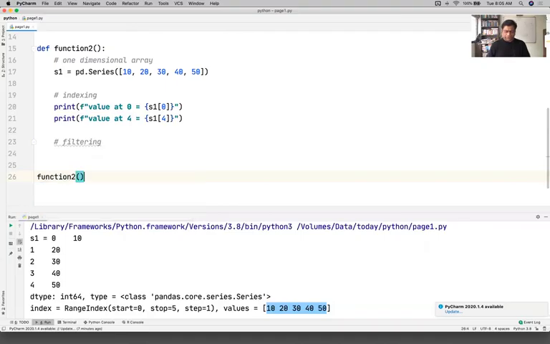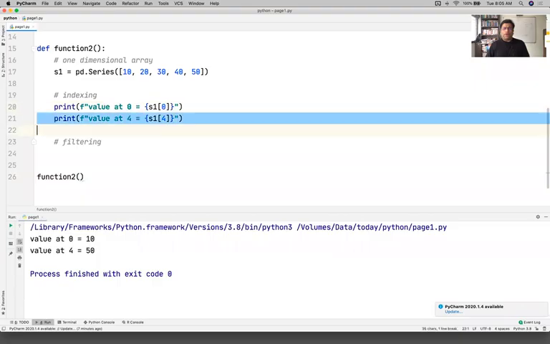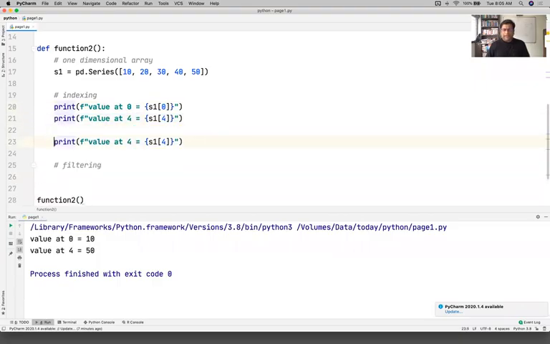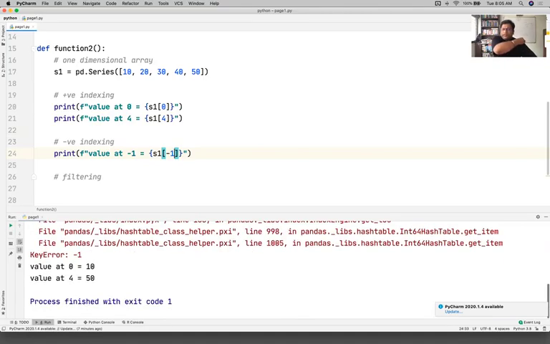So let me call that function 2 and get the index values like 0 to 4. Now, if I want to go for the negative indexing, this is the positive index because we are using the positive values. So positive indexing, and this is kind of negative indexing. Negative indexing is supported by Python. So basically, if I say give me the value at -1 position, unfortunately, in this case,